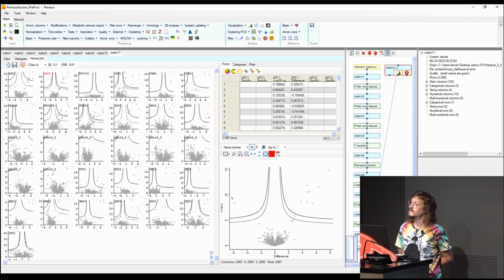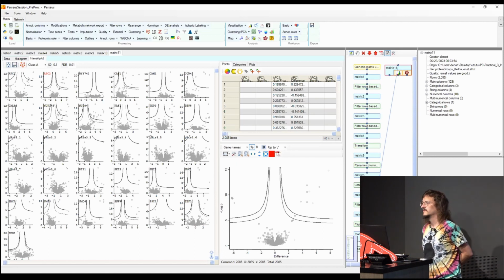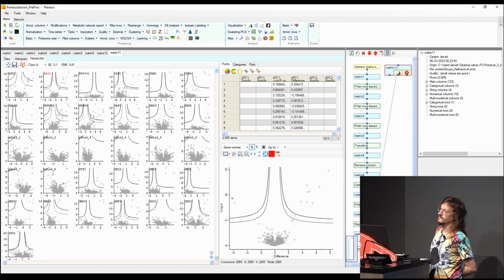The second question? Hi. Since there are so many replicates in each condition, is the imputation necessary? Can we just leave the empty value there? We just don't do anything about the missing value. Just leave it there. Is that okay?